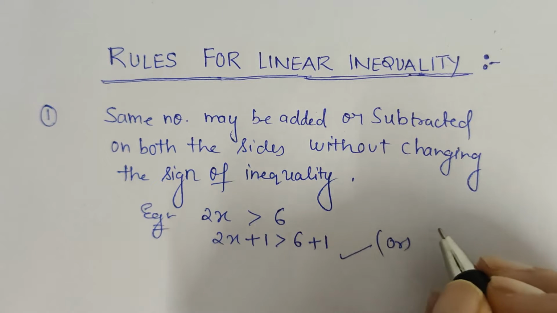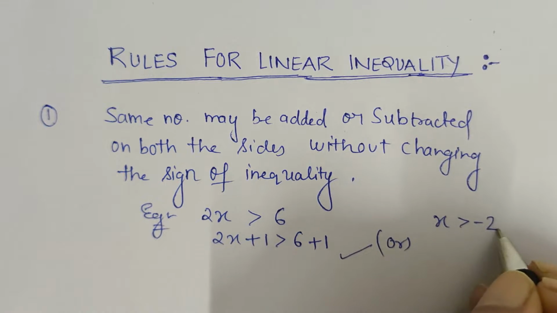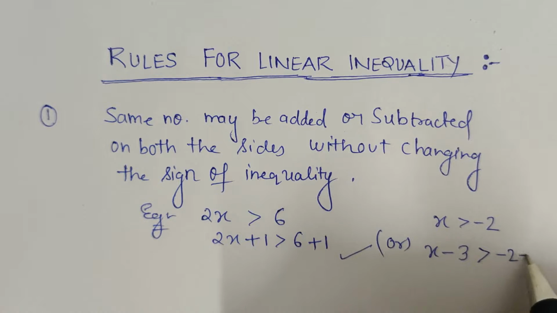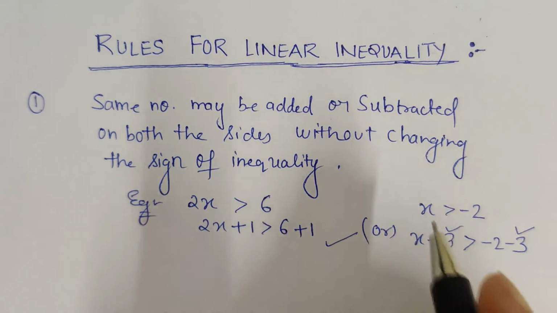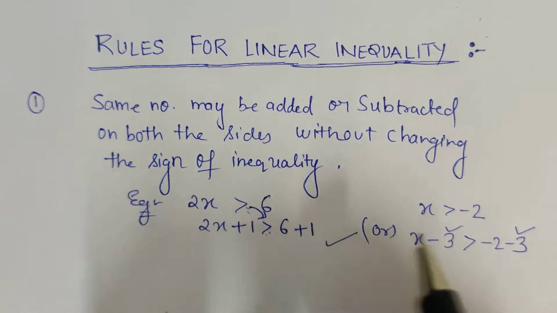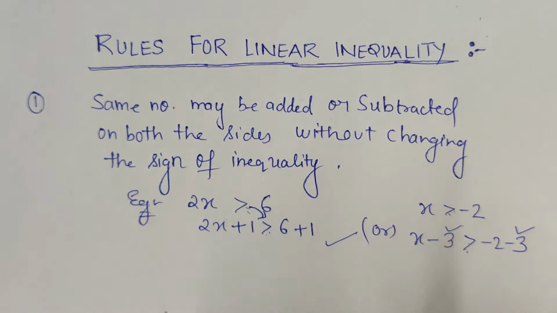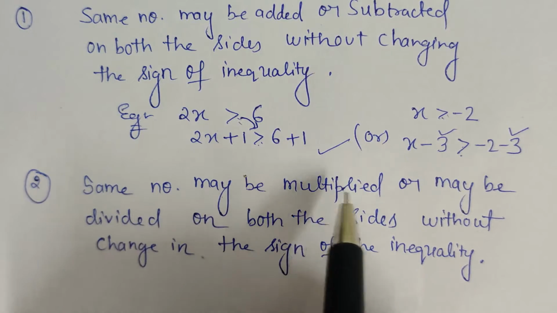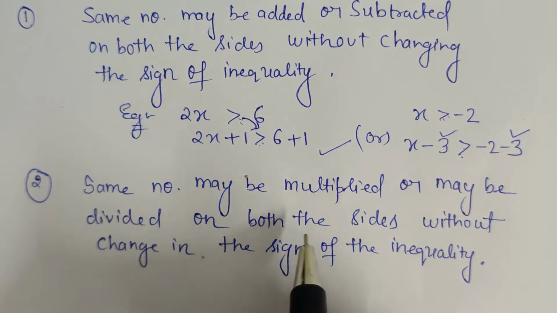Or if I have another inequality, x greater than -2, suppose, the same number can be subtracted also, like x - 3 on one side and -2 - 3 on the other side. I have subtracted the same number on both sides. This can also be done, but from the first to the second step there is no change in the sign of the